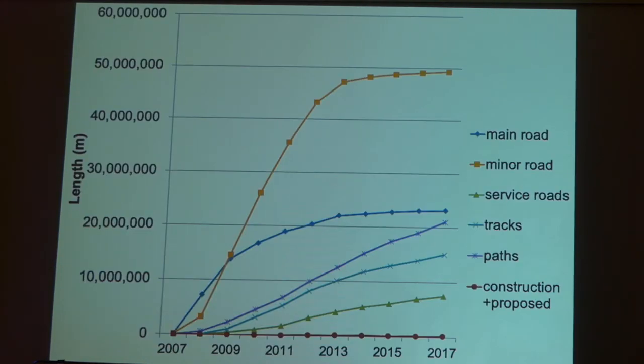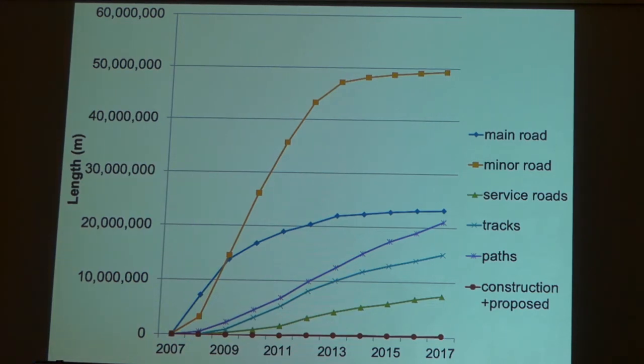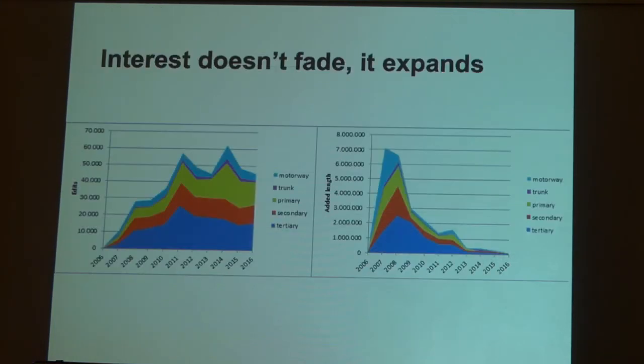Now, this chaos actually, yeah, this is Excel, sorry. There is a method to the madness. As you can see, we started off in 2008, the most common type of road were the main big roads, where cars go. But even by 2010, the minor roads were already more numerous. And now, by 2017, you can see that tracks and paths are becoming ever larger. So even though we are all just crazy people doing what they find the most important, there is some structure in there. You can also see that it flattens out. I'll come back to that.